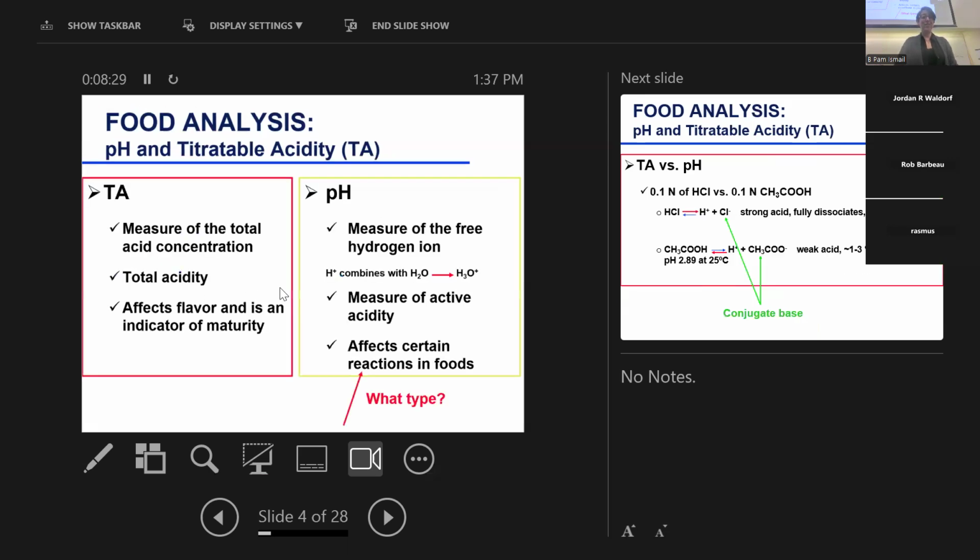All right. So titratable acidity measures the total acid concentration. So it's total acidity and it affects the flavor more than the actual pH. Okay, so total acid. I'll give you an example, maybe it will resonate better. Proteins are buffered, right? They are buffered because they have carboxyl groups and amine groups, so they act like buffers. So if I want to produce a beverage at pH 3.4, which is a common pH for acidic fruity beverages that you find in the market,